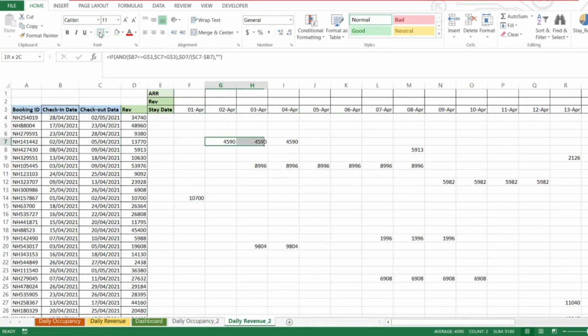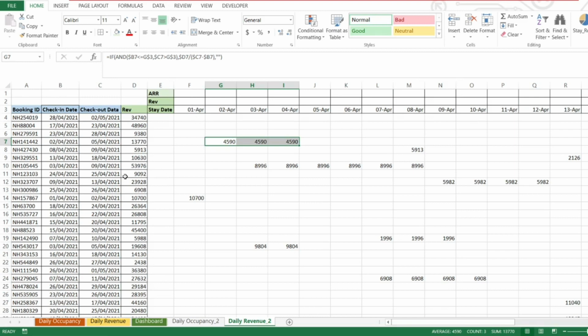So I have distributed the total booking amount, the total revenue amount, into the stay date range. So this guest is staying for 2nd of April, 3rd of April till 4th of April, 5th of April is checkout. So for 5th of April, there's no revenue. That's from 2nd April, 3rd April, and 4th of April. The total is 13,770. You can see in the sum over here, which is the same as the revenue here.